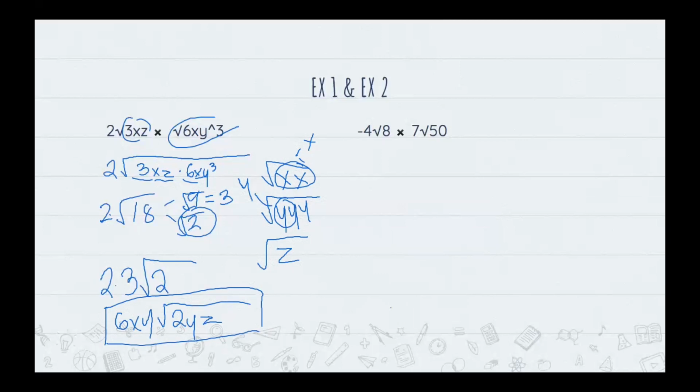Over on this side, this equation, we can simplify both of these radicand terms. So first, 8 would be 4 and 2. Simplify our 4 will give us 2, but this 2 cannot be simplified anymore. And then this term would be simplified with 25 and 2. 25 is a perfect square, so this would be 5. And now,